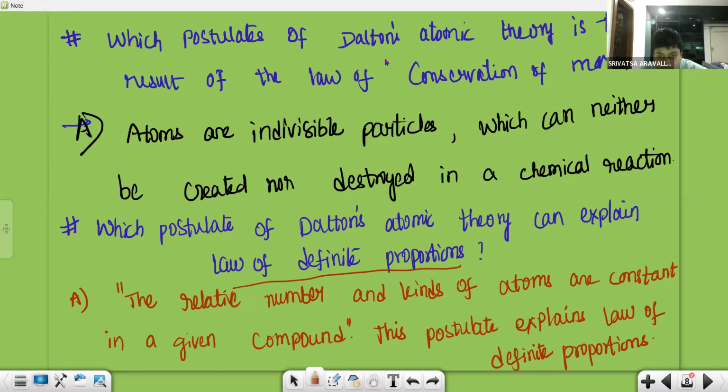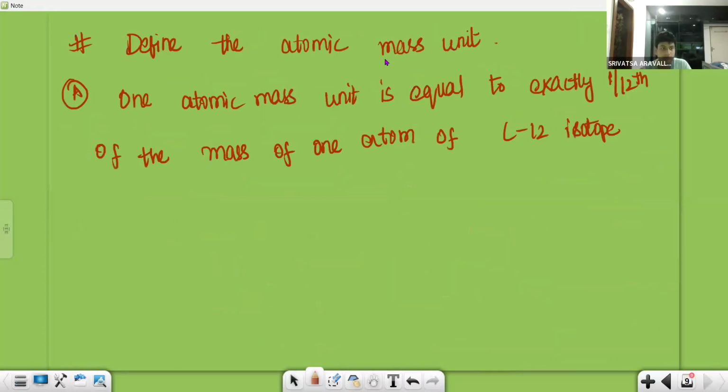Which postulate of Dalton's atomic theory can explain the law of definite proportions? So the relative number and kinds of atoms are constant in a given compound. So this postulate explains the law of definite proportions. Okay. Next question is